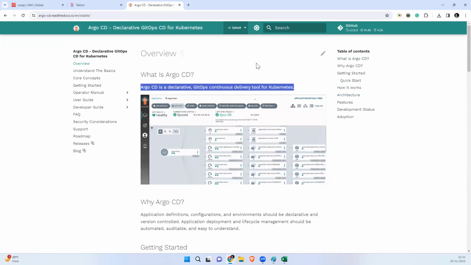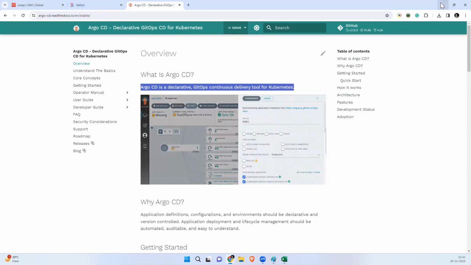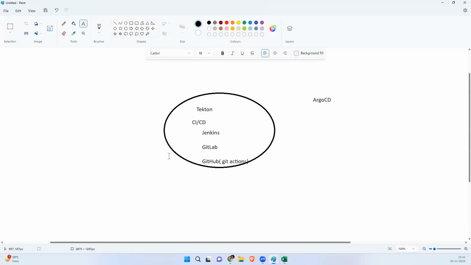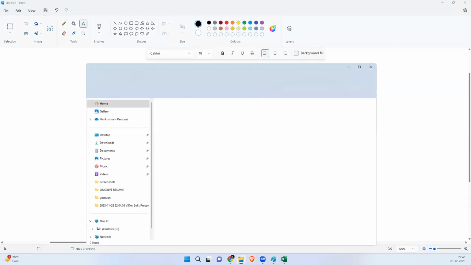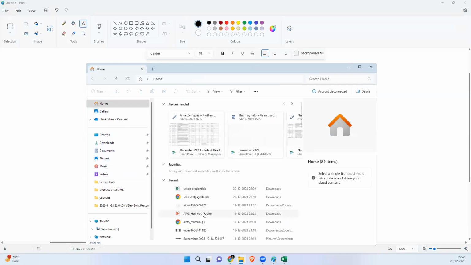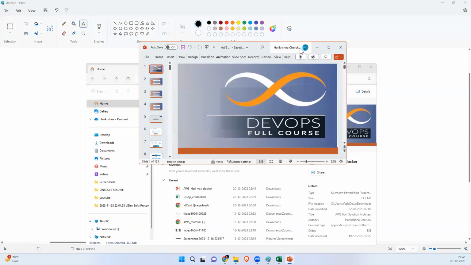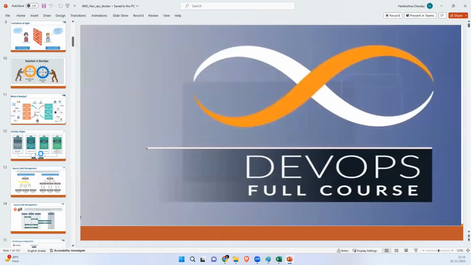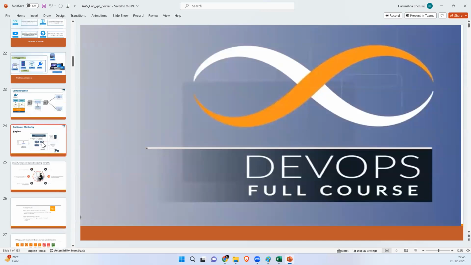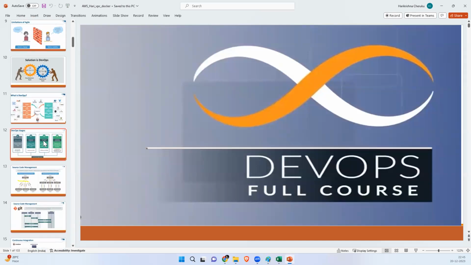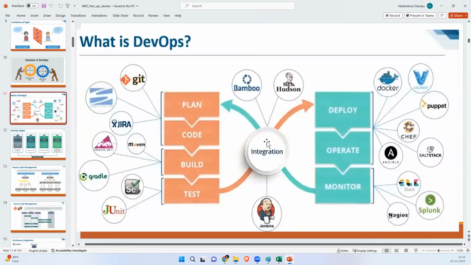From tomorrow onwards, we will start CI/CD, guys. I will show you on Jenkins how we can attach this. You already know, right?